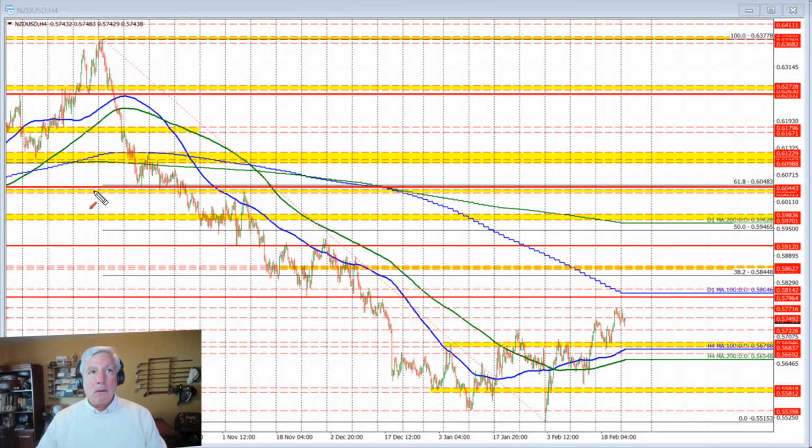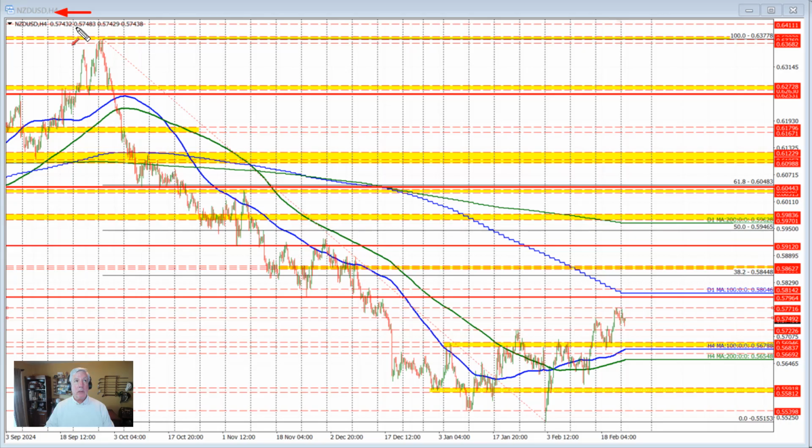The New Zealand versus US dollar has seen up and down and now back up again. Price action in trading here today. I'll talk about the technicals that are driving this currency pair because they're quite interesting. So let's get started. Taking a look at the longer term view, the 4-hour